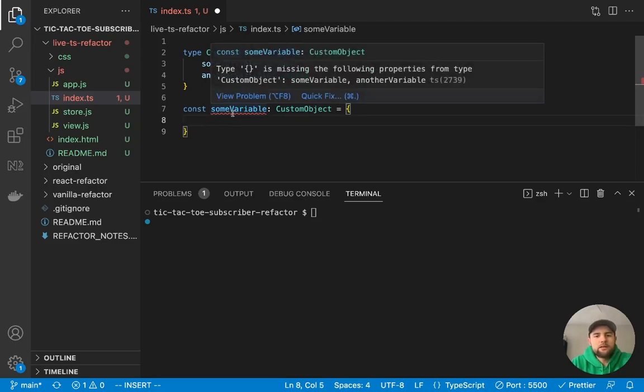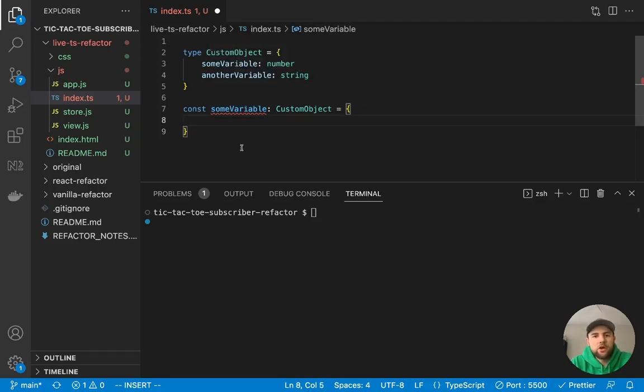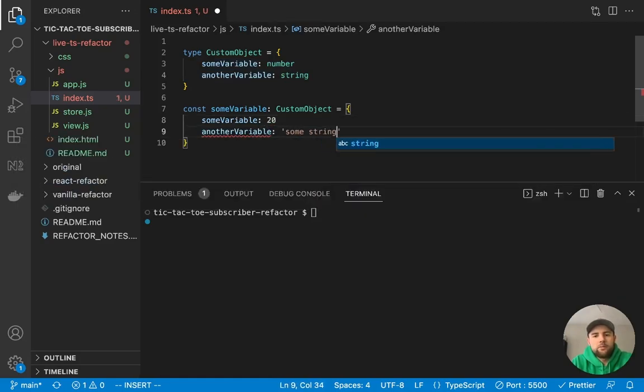So we've got these red squigglies because VS Code has detected that you are typing this object as a custom object type, which has these two properties. So we need to actually fill these in with their matching types. So if we put these in just like that and then finish off the object, now this is matching the type that we've assigned it.